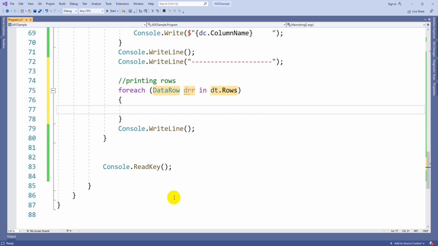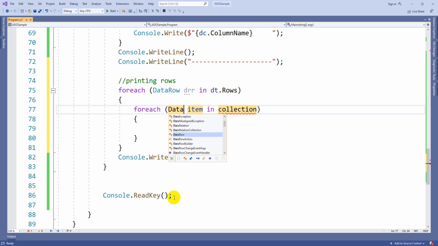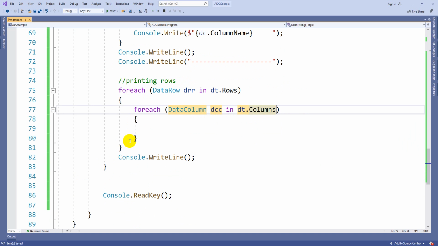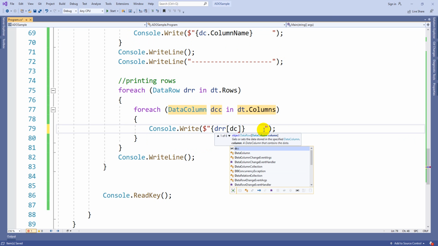Again you don't know how many columns there are, correct? So again I have to take a for each loop, where DataColumn dcc in dt.Columns. Here we can print with the same spacing. In the current row drr, you will print the current column dcc.